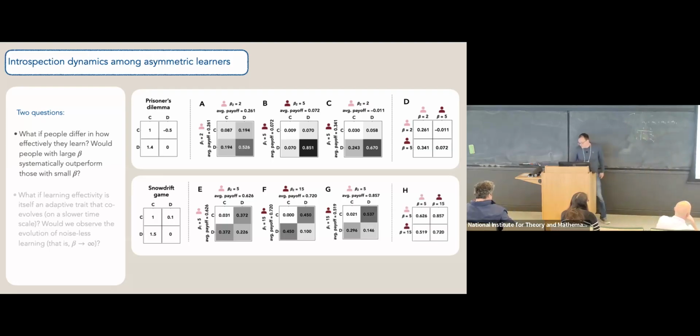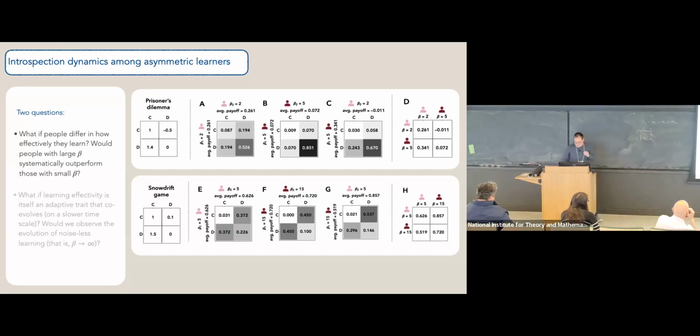And if you again look at the super game, this is how it looks. If you stare at this for not too long, you will actually see that this time the dominant thing is actually the small beta. This is better than this, and this is better than this. So actually in this 2x2 super game, it actually pays to have the smaller selection strength.